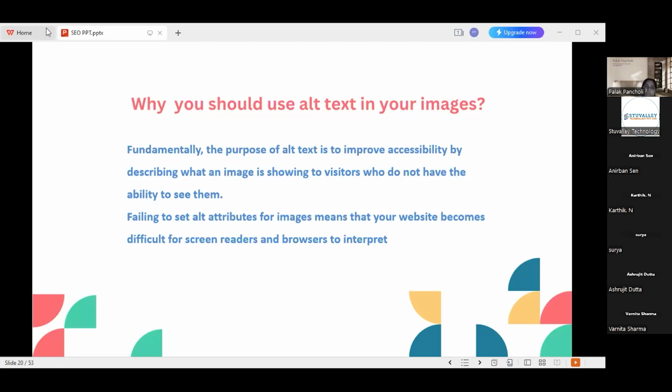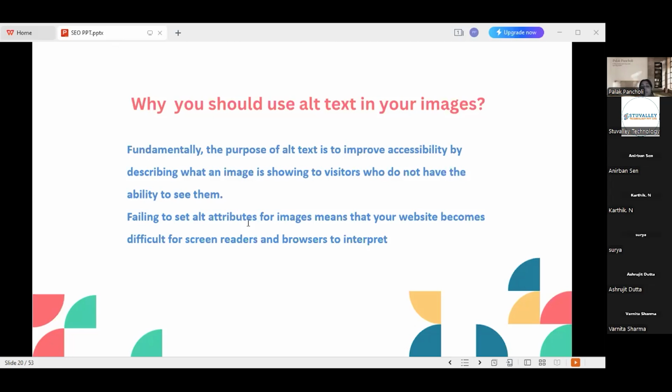So whenever it happens by any chance on your website that your image fails to load, the users will see the alternative text that you have given in that image. So it will give them an idea that there was an image here which contains this content. Okay, so these are the purposes for alternative text, right?